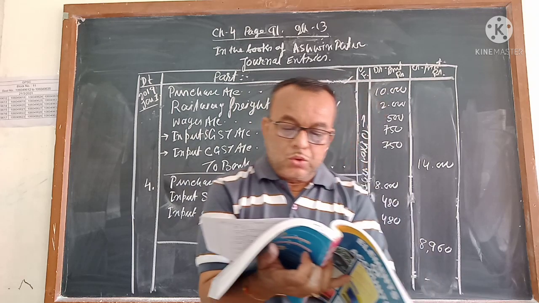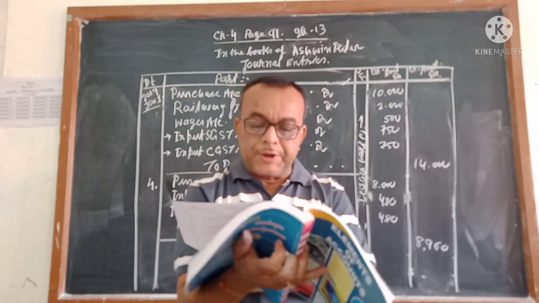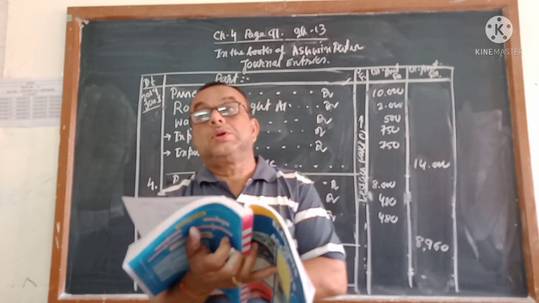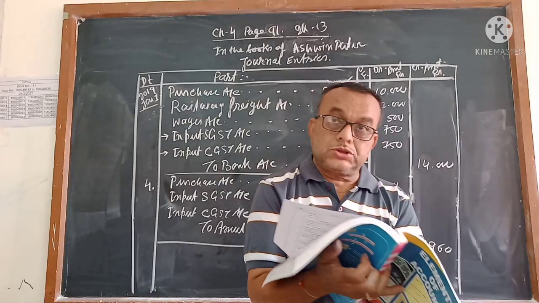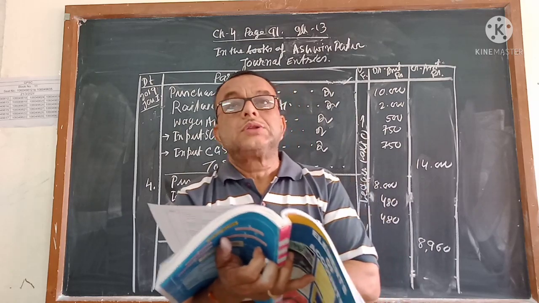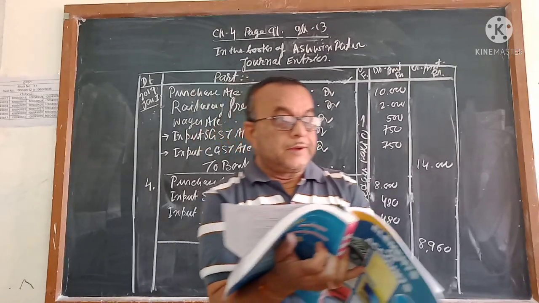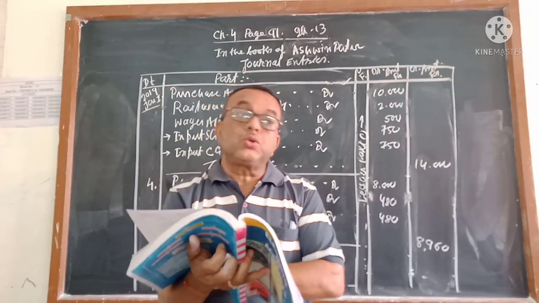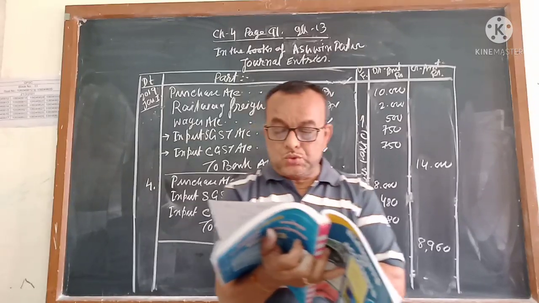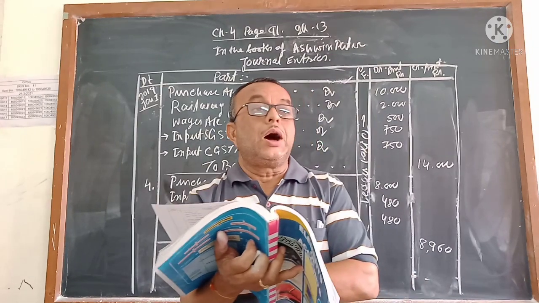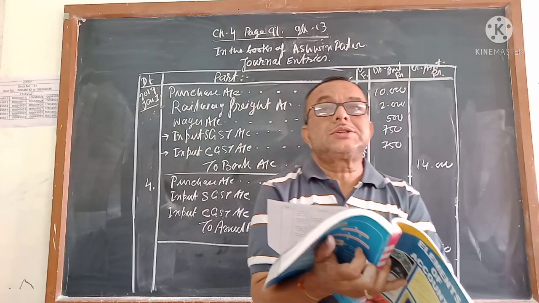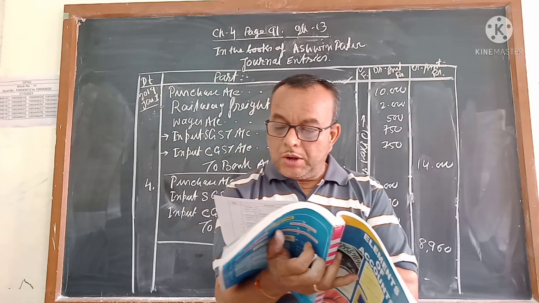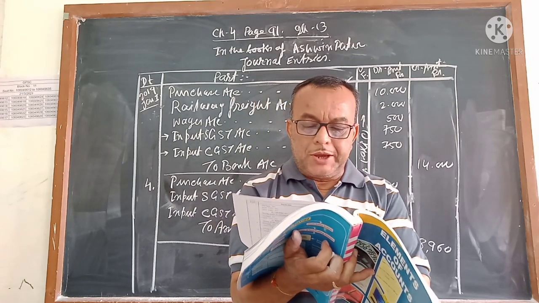Number 7: goods of rupees 15,000 is purchased, again purchase from Rajshri Bhai of Jaipur. Jaipur, it is in where? Rajasthan. So Rajasthan, and where are you? You are in Ahmedabad, that means Gujarat. So this transaction is between two states, not within the state. If it is between the two states, central and state GST will not come. Which will come? IGST will come, and the amount is paid by check.